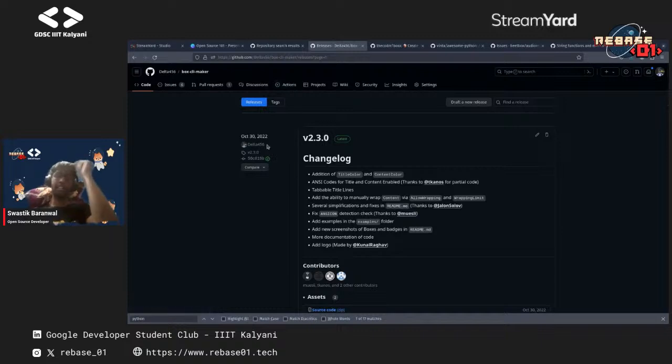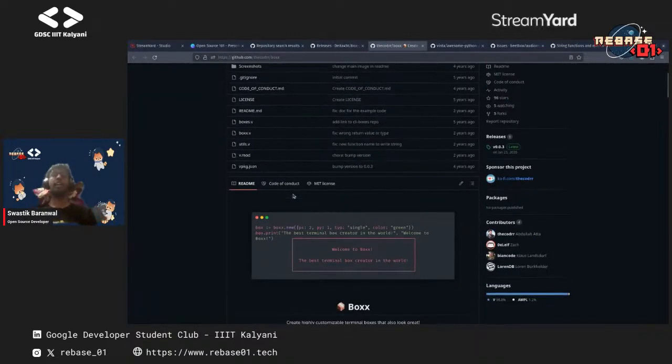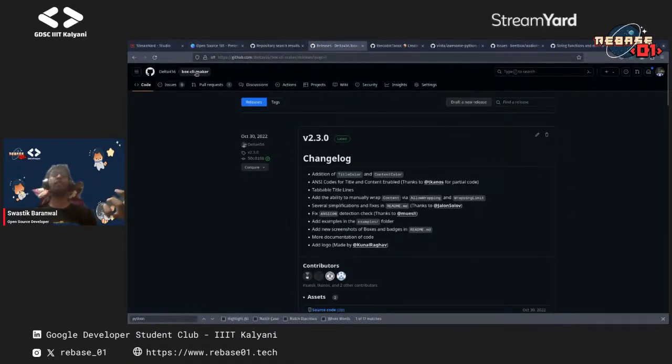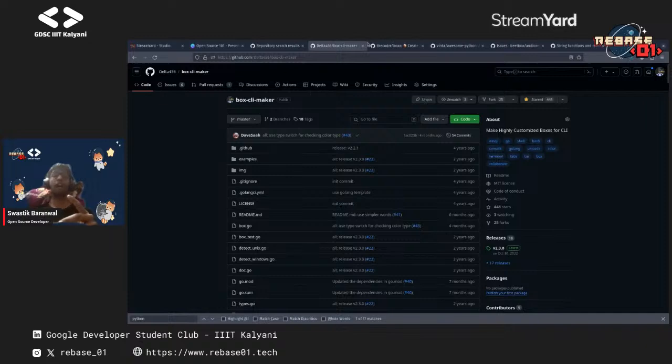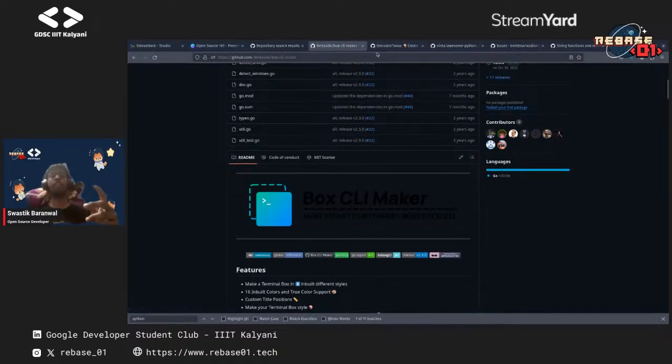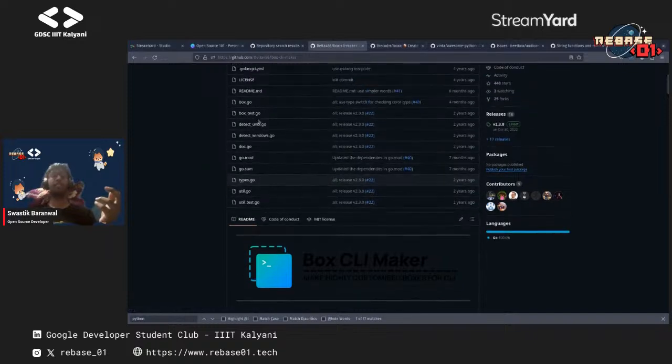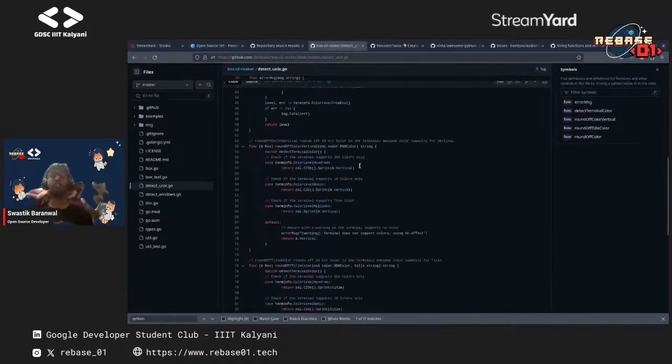This is how I started learning the Go programming language, and I understood what this project had and how I was able to learn about how boxes can be formed inside a terminal, how terminals work, and how terminal detection code works. I was also able to learn many things about how ANSI encoding is handled inside terminals and what terminal supports what configurations. That's how I was able to port and learn from the pre-existing project.